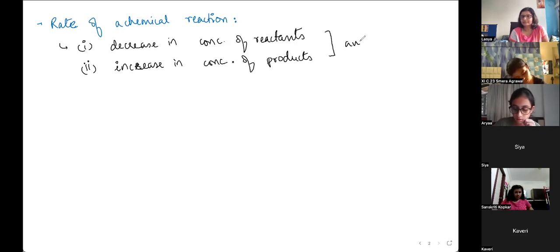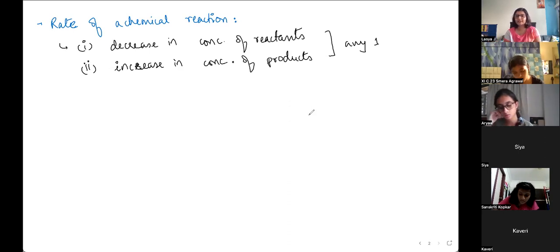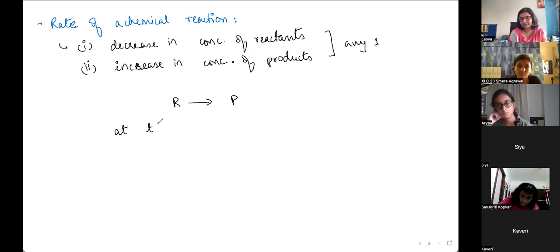Okay, so when do you use what? All of that depends on how you're conducting the experiment, what reactants are there, what products are there, and at what point you're measuring. But either way, mathematically, if you have a reactant giving rise to a product, a hypothetical reaction, let's say when you started off the reaction at t equal to t1, let's say the concentration is,